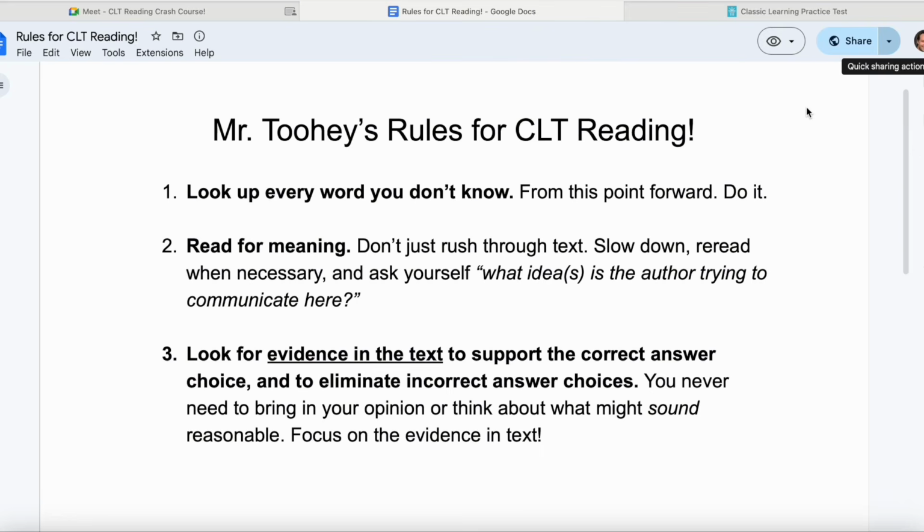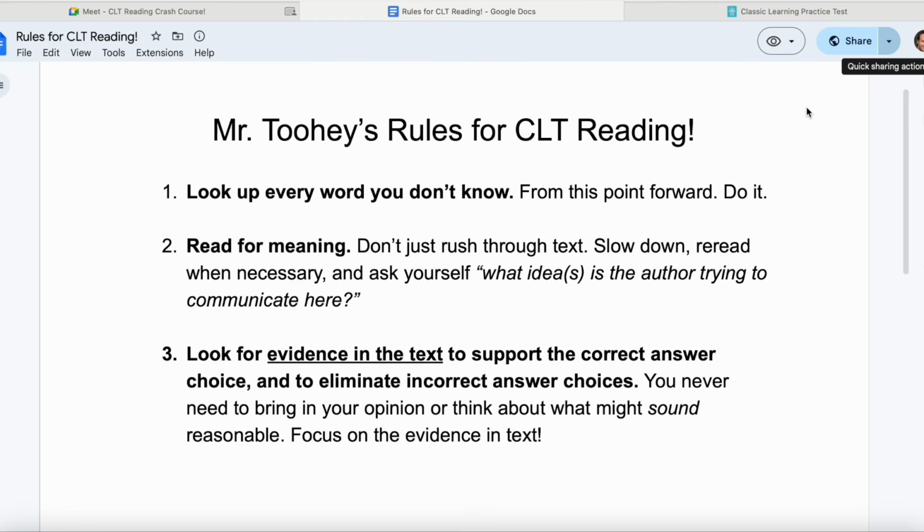So strangely, to start, slow down and just focus on reading for meaning. Some people call this close reading. I call it reading for meaning. It's the same idea. You just got to practice reading well. Go ahead and read rule number three for us, please. All right. Number three, look for evidence in the text to support the correct answer choice and to eliminate incorrect